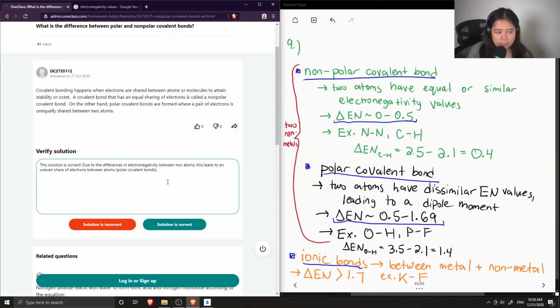Then I just also added that due to differences in electronegativity between two atoms, so let me just say that this is typically greater than 0.5. This leads to an uneven share of electrons between atoms, so polar covalent bonds. Then I'll also add that the carbon-hydrogen bond is considered a nonpolar covalent bond because